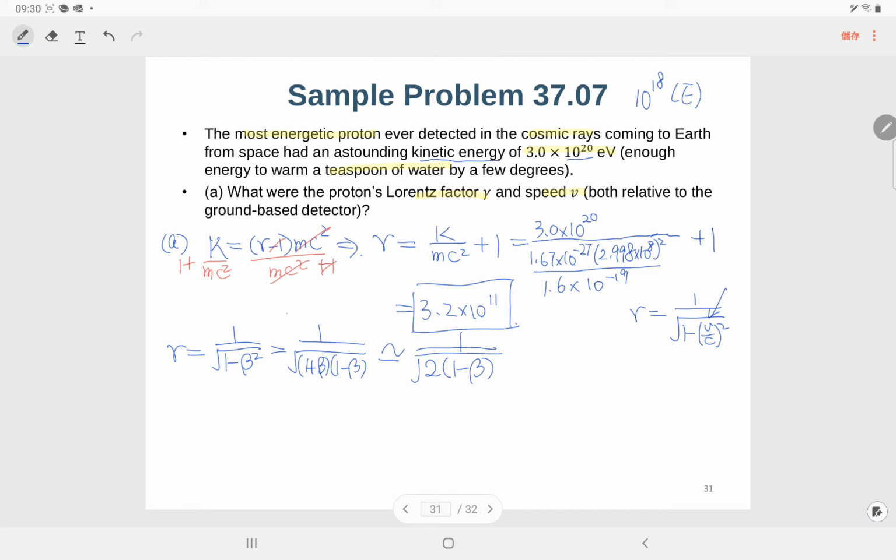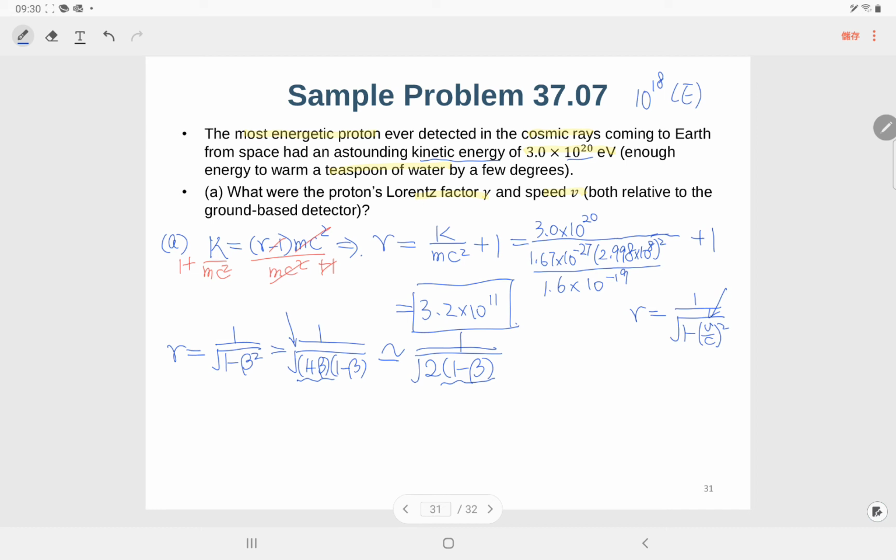So we can make this approximation: 1 plus beta is close to 2, and 1 minus beta is close to 0. So we only make this approximation for 1 plus beta. We only simplify the 1 plus beta term because 2 and 1.9999 is similar, but 0 and 0.0001 is quite a lot different, especially in the denominator. So we make this approximation,